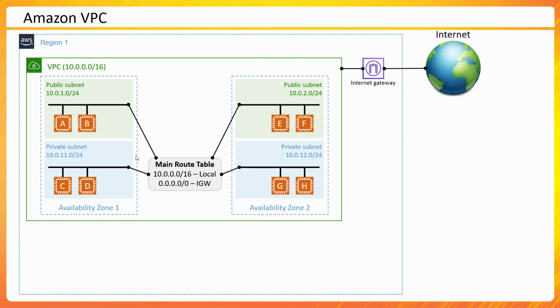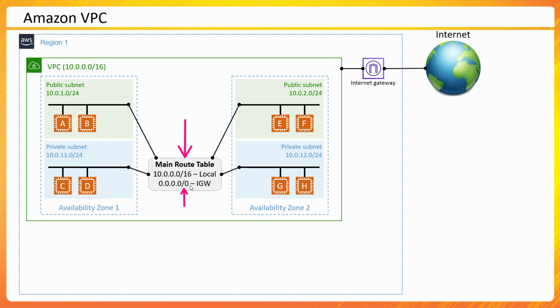What makes a subnet public or private is the route table association. Currently, my route table has an IGW entry, which means any subnet that is connected or associated with this route table would be a public subnet. Whatever name you give doesn't matter. They would all have the capability to send traffic out to the external world, which may not be a good